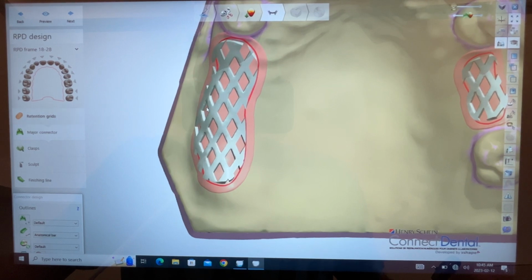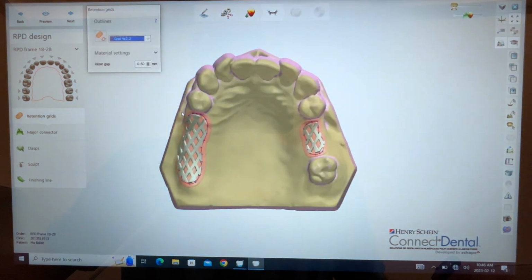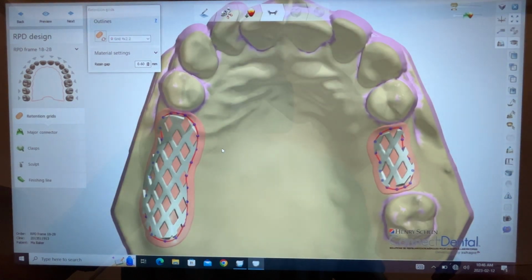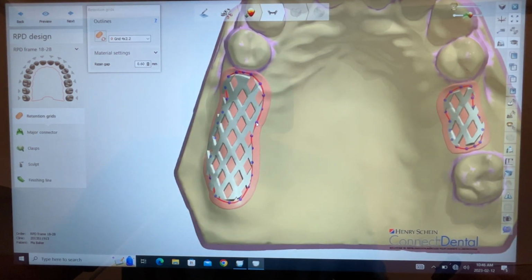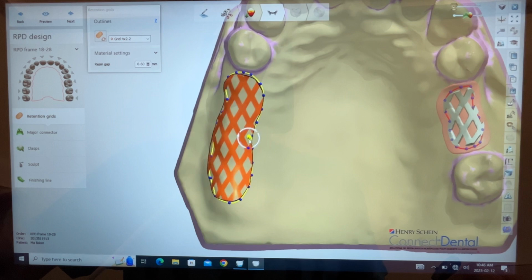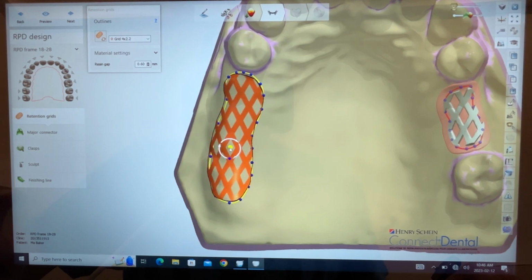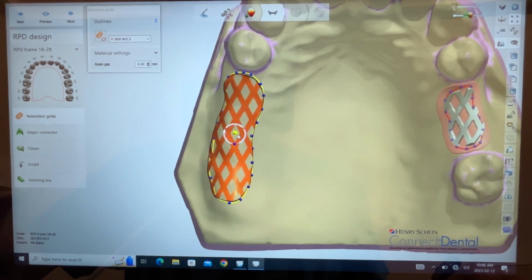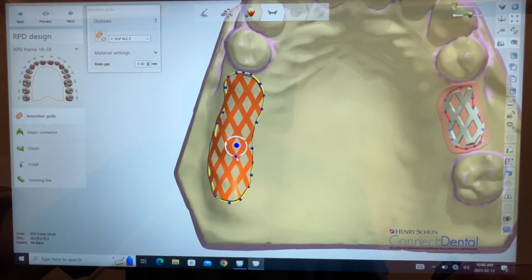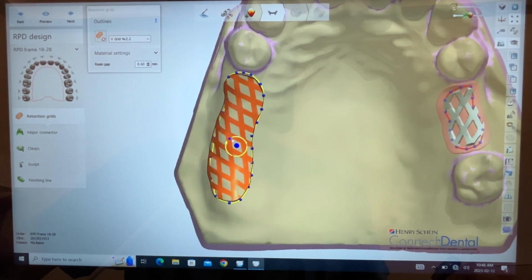Let's see if I go back to retention grid. Right mouse click. Anything there? No. How about retention grids? Hover over one of these dots. There we go. So I went back to retention grids. I hovered over one of the splines. I got this icon here, which makes, oh yeah, nice. So I can move this within the confines of the outline of the mesh. There's also a little blue dot here. I can rotate it